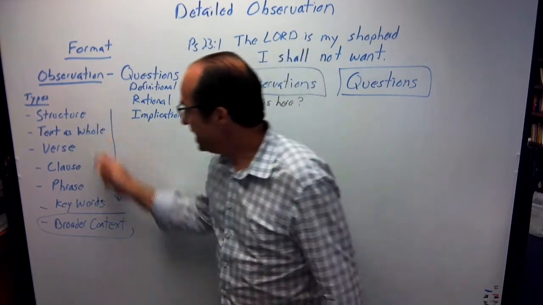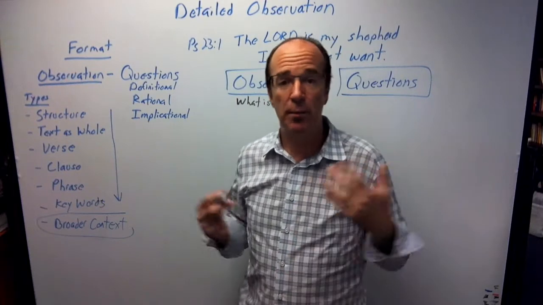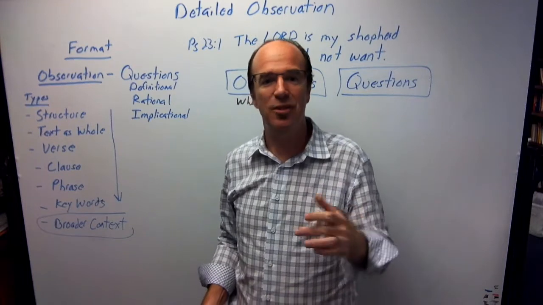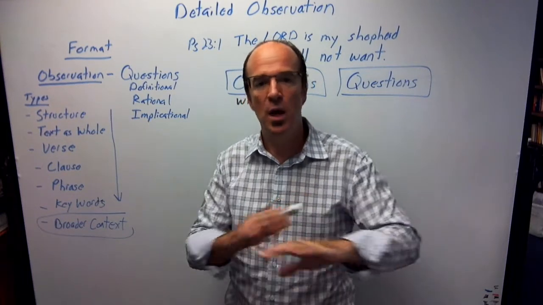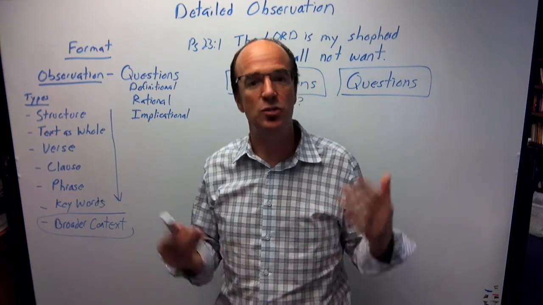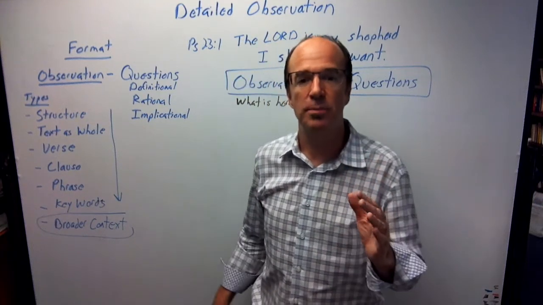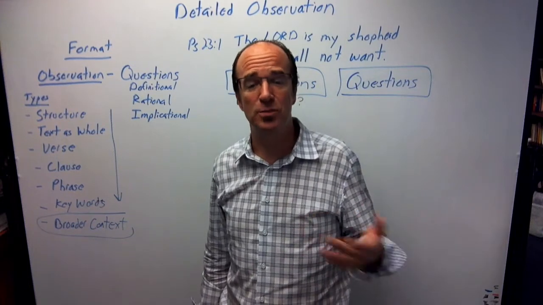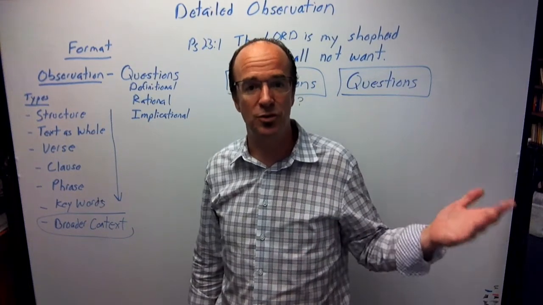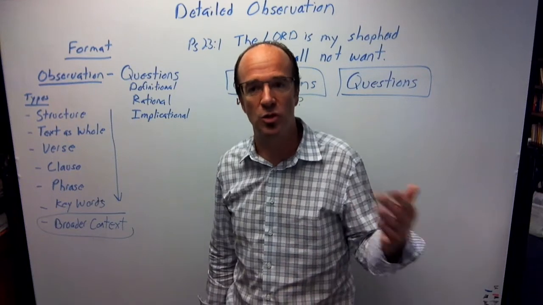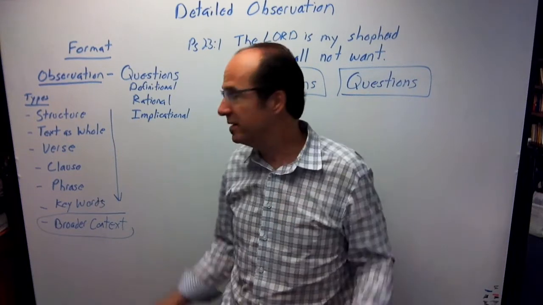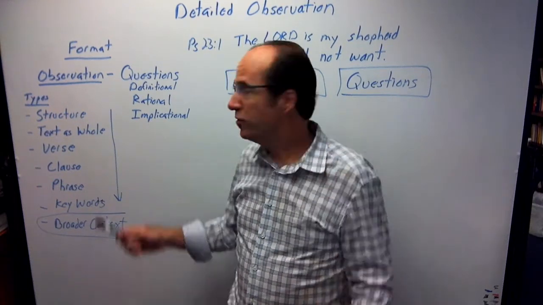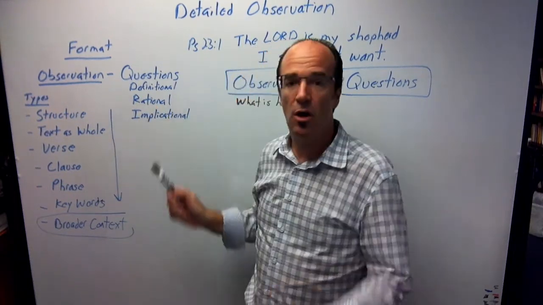Okay, and then for each observation, and again, how many observations should you have for an assignment? You should have a lot. If you only have 3 or 4 or even 10, you haven't spent enough time. You should be spending at least 4 hours on a detailed observation assignment. So, I mean, you do the math. If you only have 10 and you spent 4 hours, you only did about 2.5 an hour. So every 25 minutes, you got an idea. You know, write a lot of observations, but then for each observation, make sure that you ask all 3 types